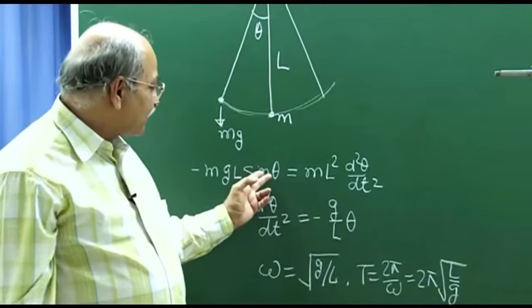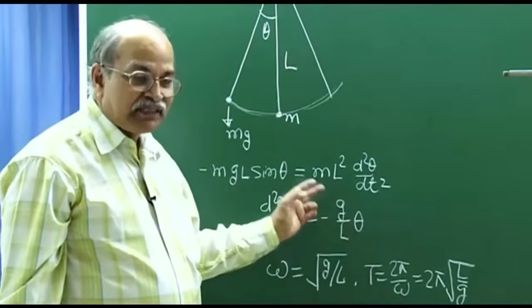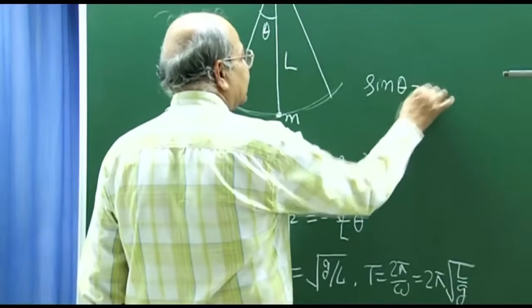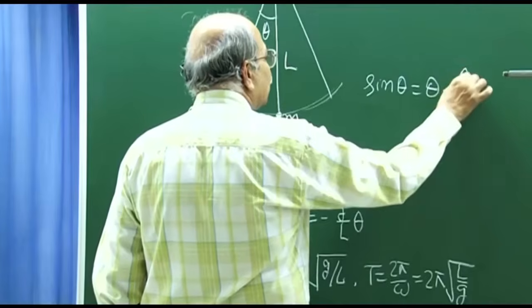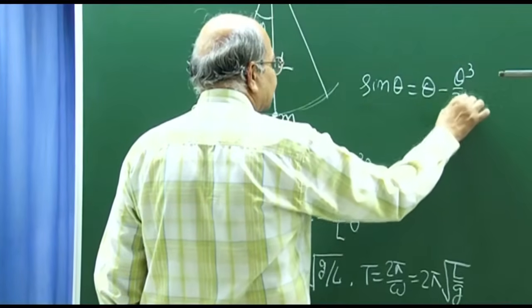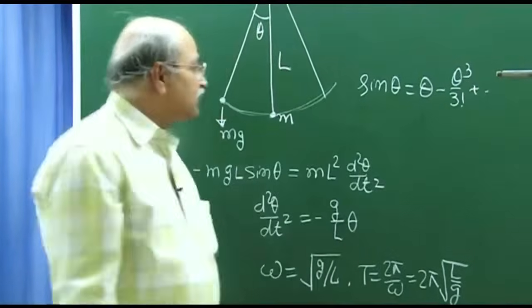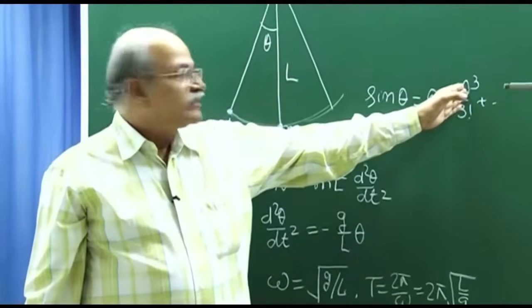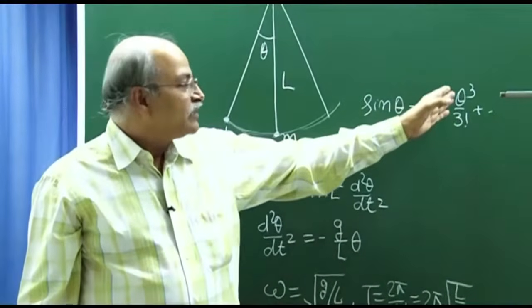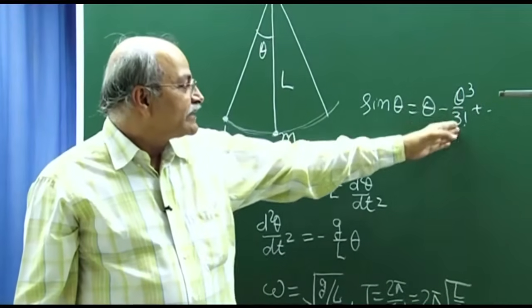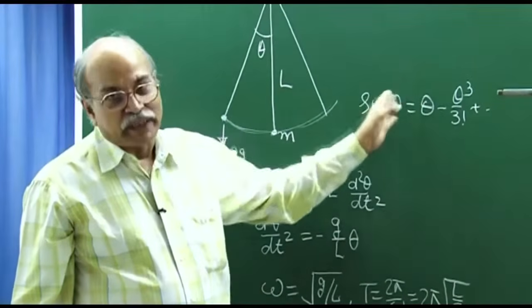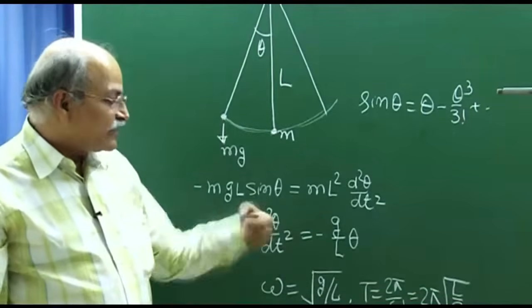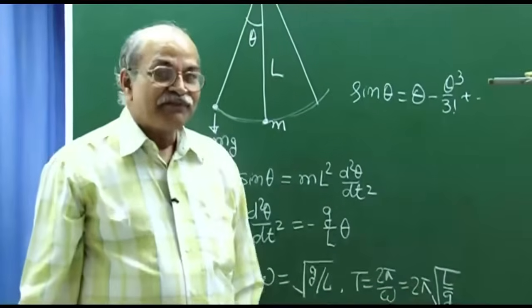This will be better and better if theta is small, because sine theta you can expand as theta minus theta cube over 3 factorial and so on. So, if you are writing sine theta equal to theta, that means you are neglecting this theta cube in front of theta, or you are neglecting theta square by 6 in front of 1. So, that is the place where this approximation is needed, and that is why this formula is valid for small